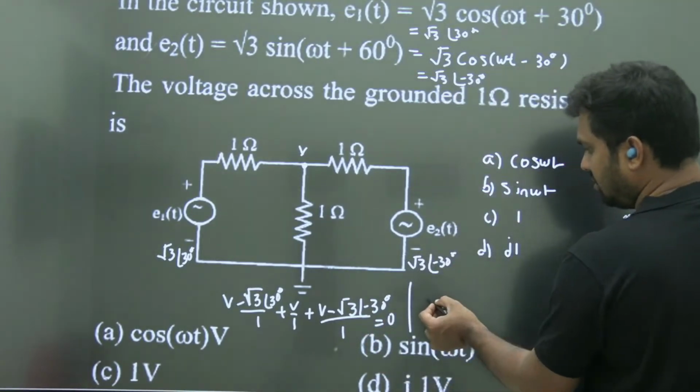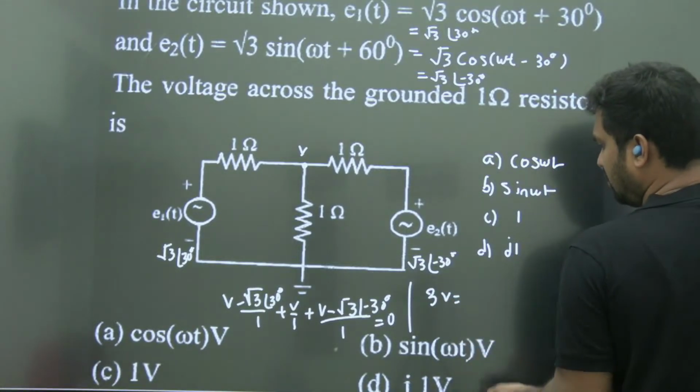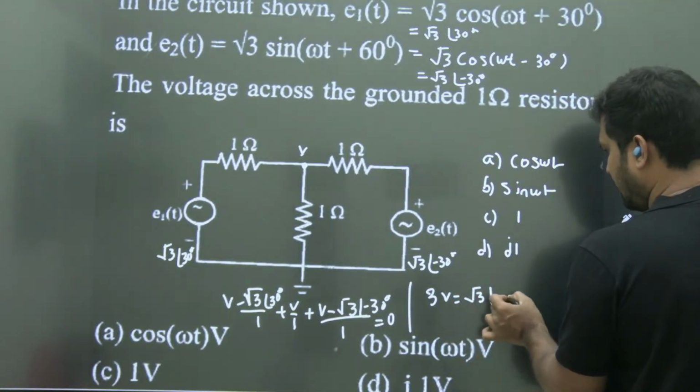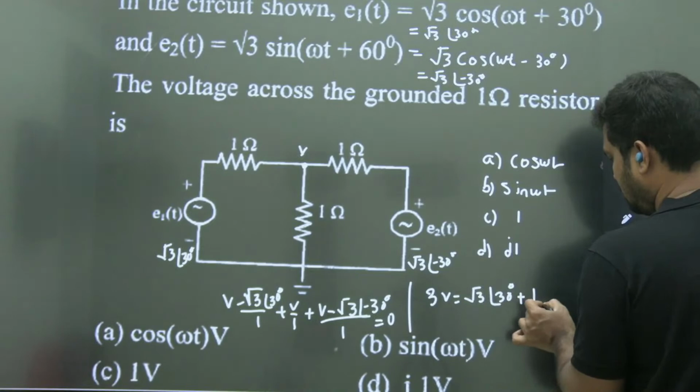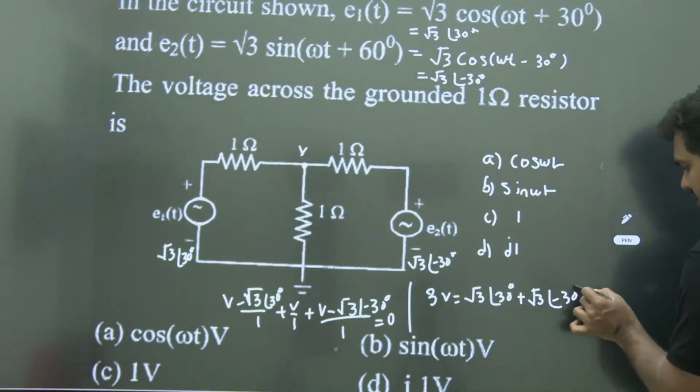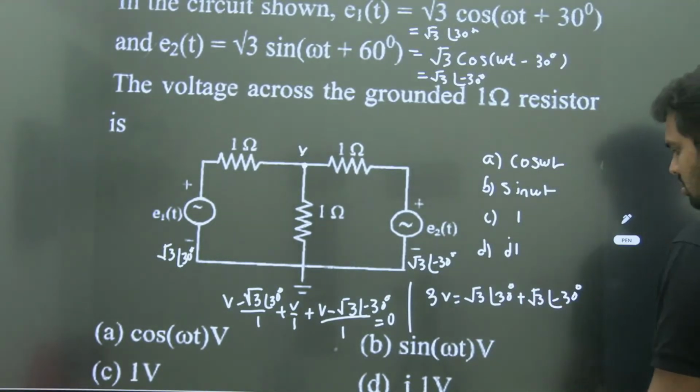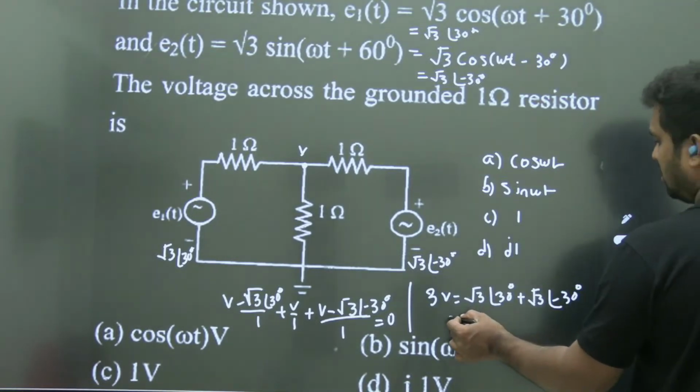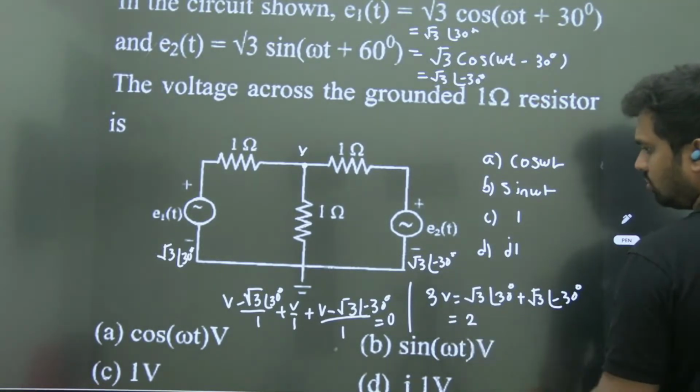So here 3V equal to root 3 angle 30 degrees plus root 3 angle minus 30 degrees. Cos 30 plus j sin 30, cos 30 minus j sin 30, दोनों cos 30 तो sin 30 तो जाएगा. Okay, so it will be 2